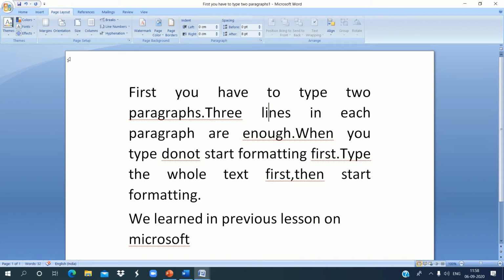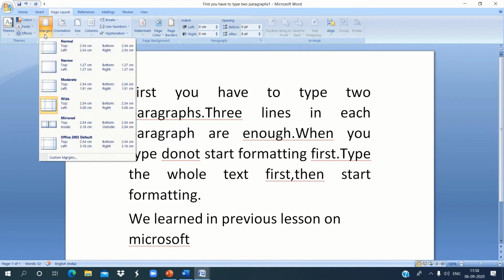Clear? After setting the page size and orientation, you have to select the margin, or set the width of the margin. For that, again you have to click on the page layout tab. Then from the page setup group, click the margins. You can see a small arrow under margins. You click there and from the list you can select the margin that you want.